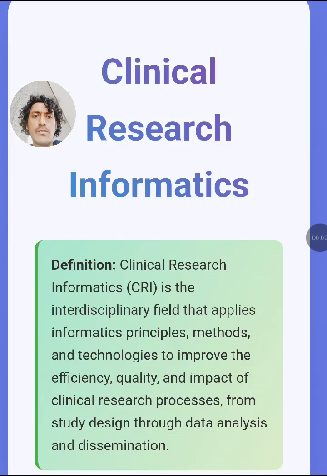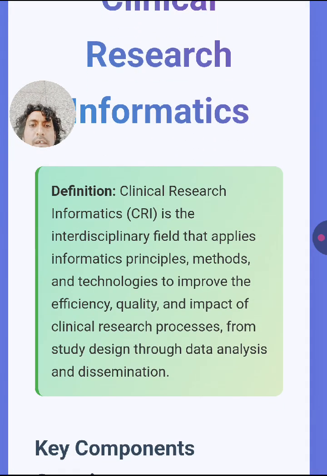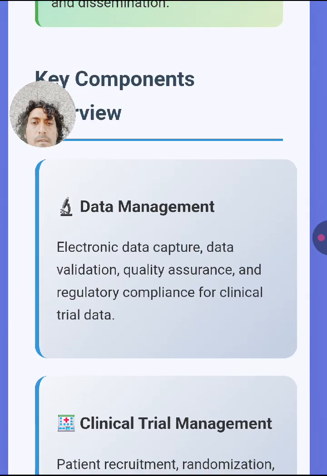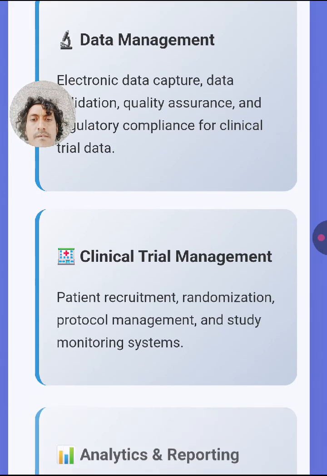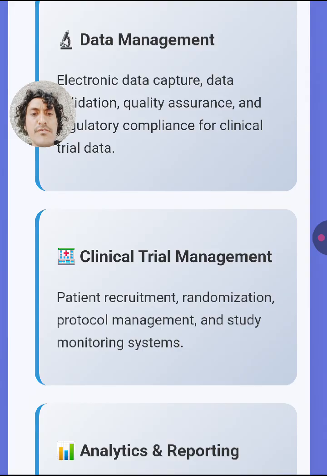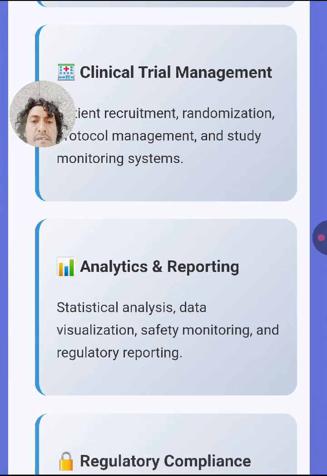Alright, we're doing a tiny introduction for what is clinical research informatics. It is the interdisciplinary field that applies informatics principles, methods, and technologies to improve the efficiency, quality, and impact of clinical research processes from study design through data analysis and dissemination. The key components are data management, clinical trial management, analytics and reporting,